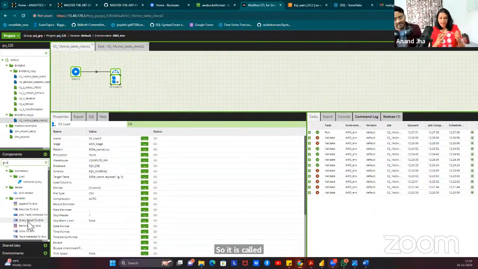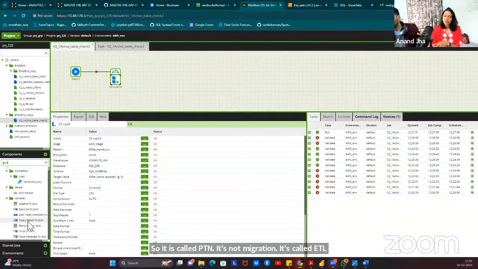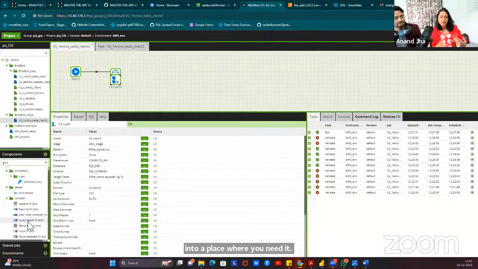ETL means extract. You transform it, and then you load it into a place where you need it. Because not everyone wants it sitting in AWS, right? And usually the source is not only AWS. It can be somewhere in Azure. It can be in your MySQL. So in that case, you have to pull data from multiple sources, transform it,